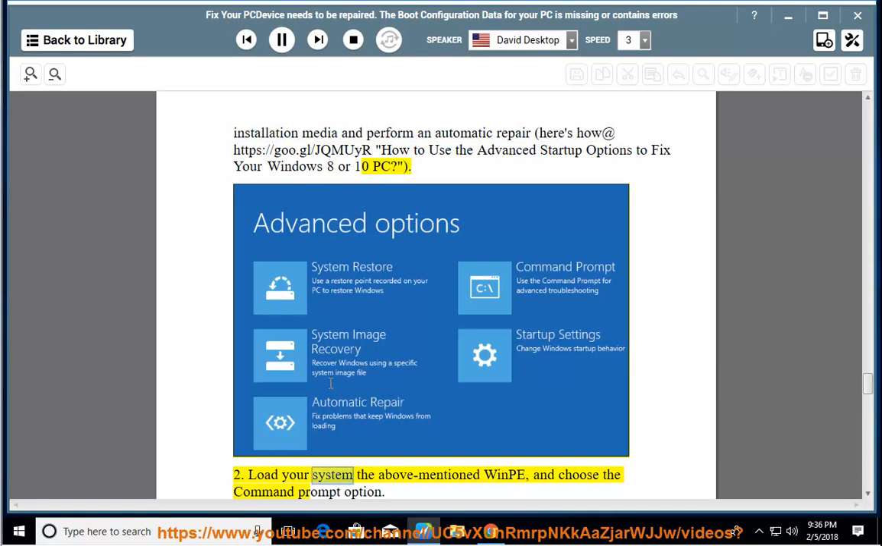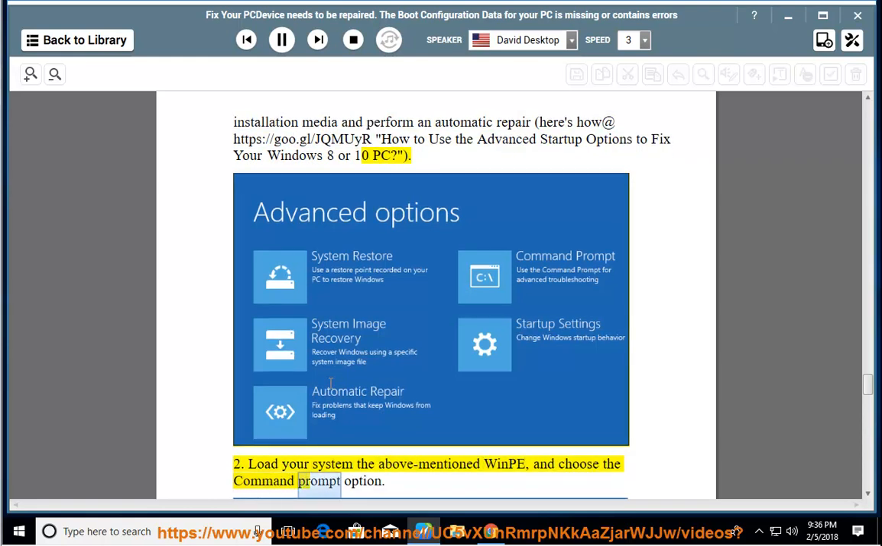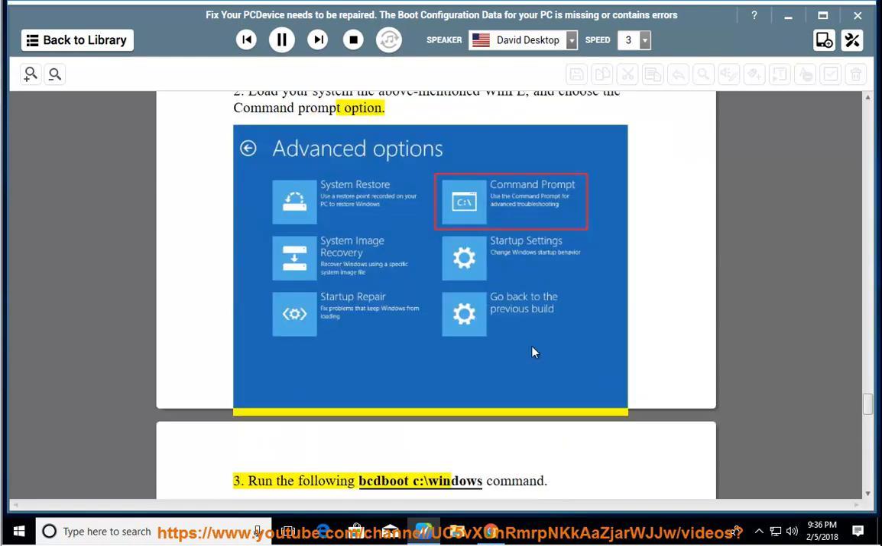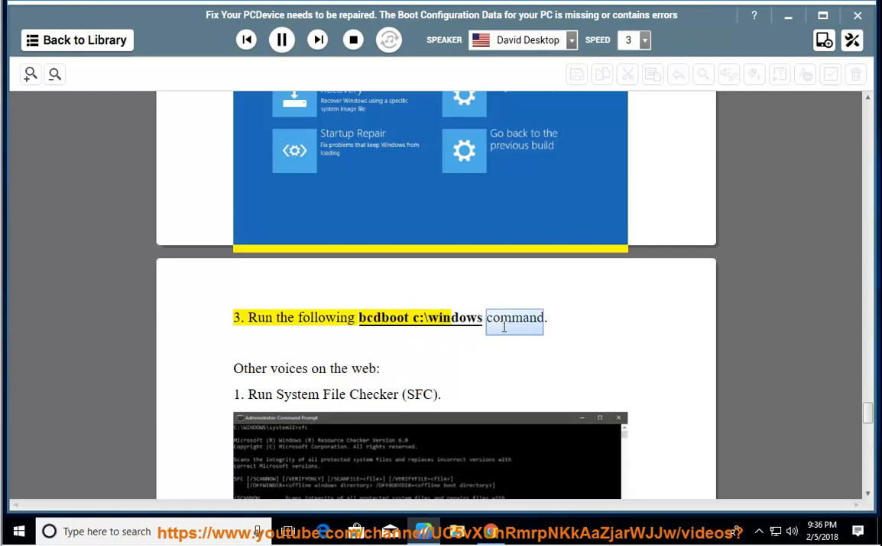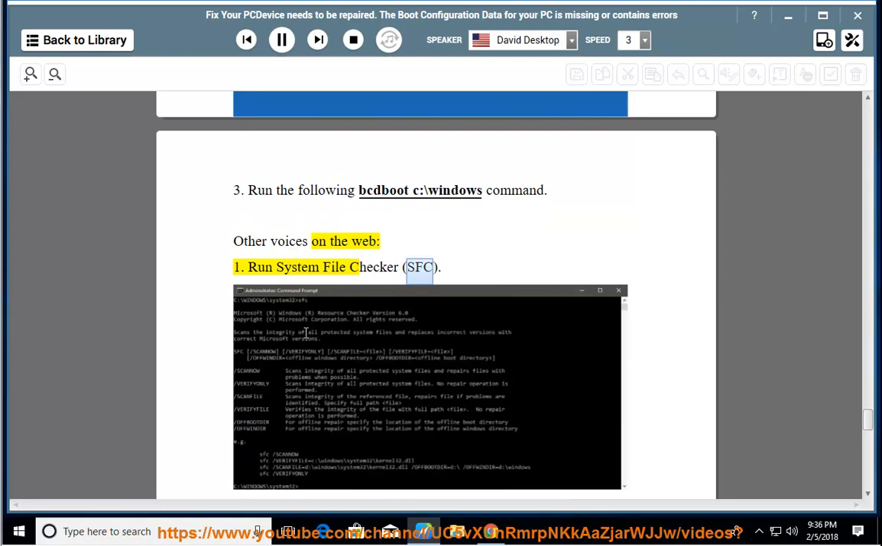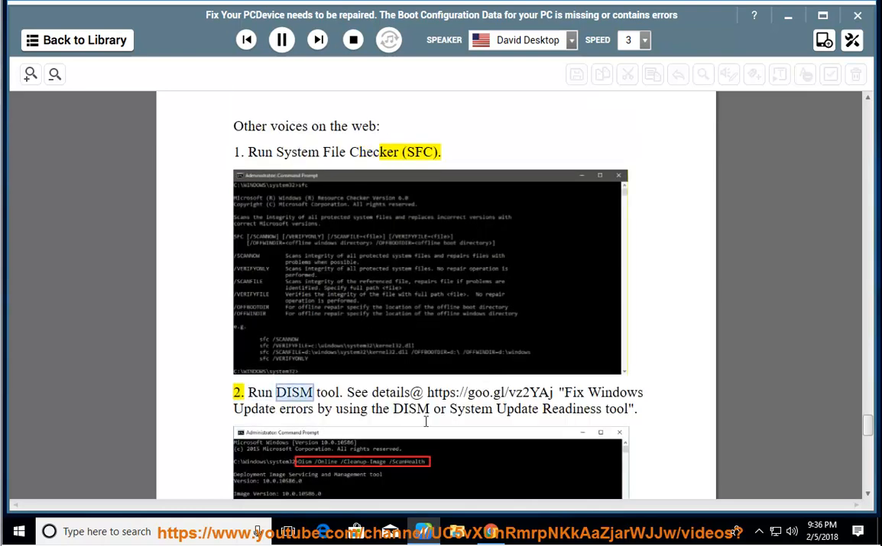2. Load your system using the above-mentioned WinPE, and choose the command prompt option. 3. Run the following command: bootrec /rebuildbcd. Other voices on the web: 1. Run System File Checker, SFC. 2. Run the DISM tool. See details at